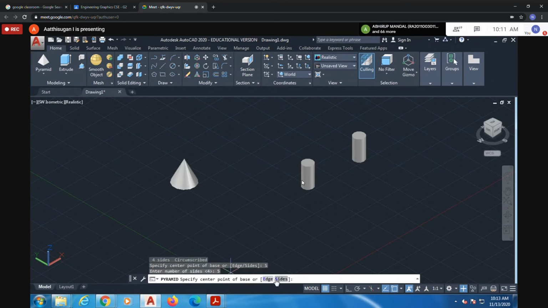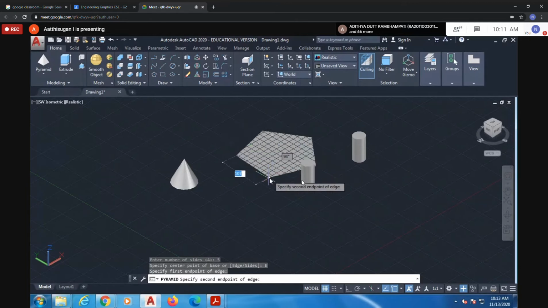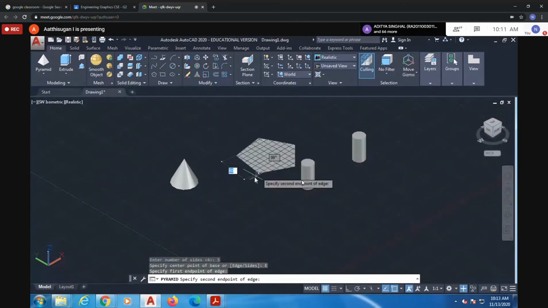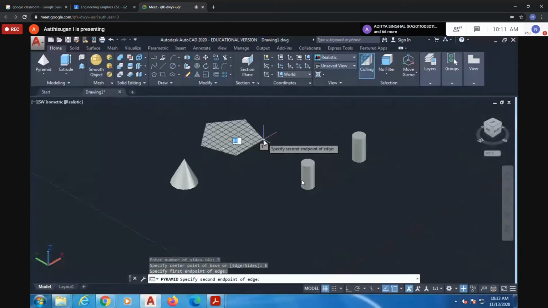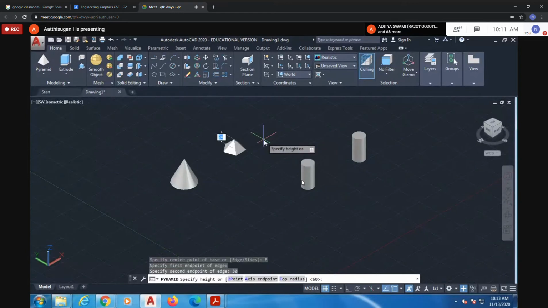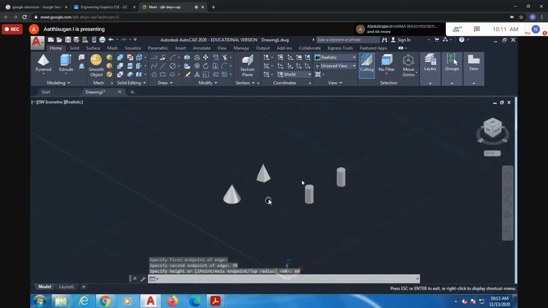Enter. Next you give the edge. If you know the edge, you can draw it inclined or parallel to the HP, and base on that you can fix it afterwards. You can also keep it at some angle. I'm going to give a 30 mm side and the same 60 mm height.